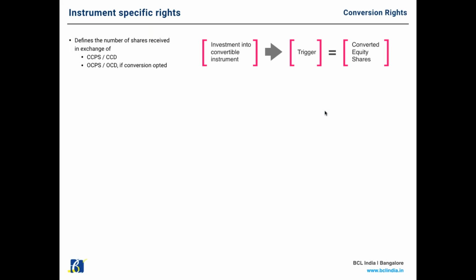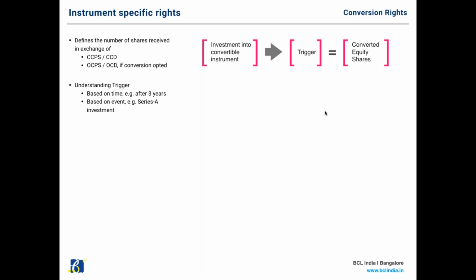Conversion basically means that at the end of the whole process of conversion, you will own equity shares of the company. Today, you might own any instrument, but in the future, ultimately, you would want to own equity shares of the company. So your instrument today might be a CCPS or a CCD, which is compulsorily convertible preference share or compulsorily convertible debenture, or an OCPS, optionally convertible preference share or debenture, and you opt to convert to equity shares. Now the conversion can happen by way of a trigger. Now the trigger can be either time-based or event-based.